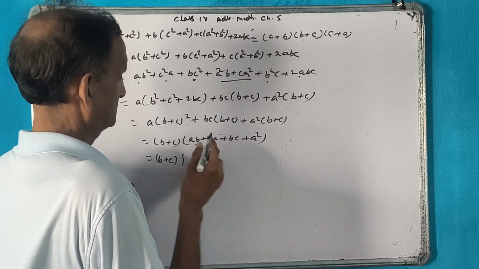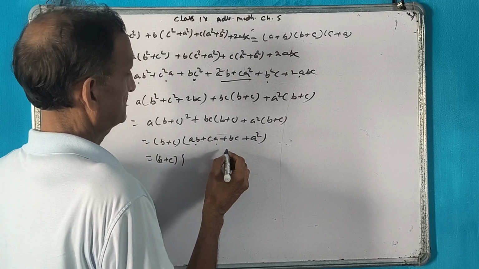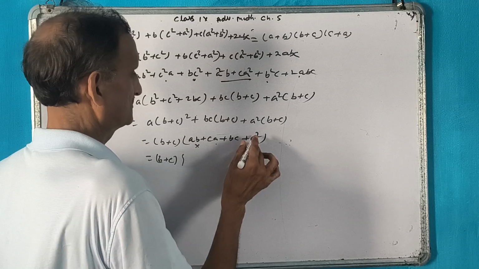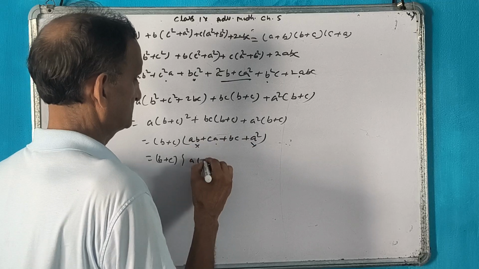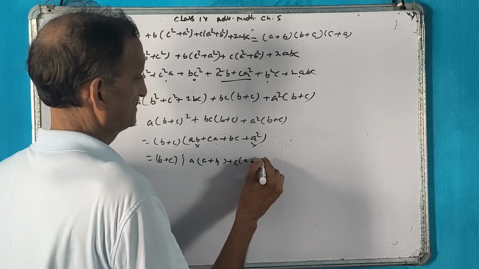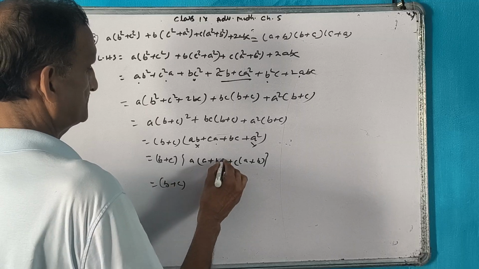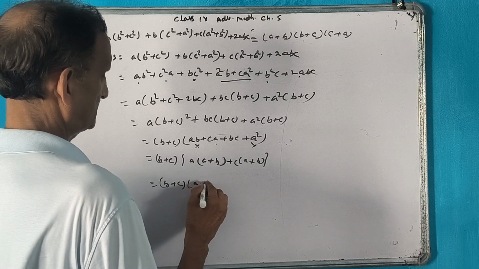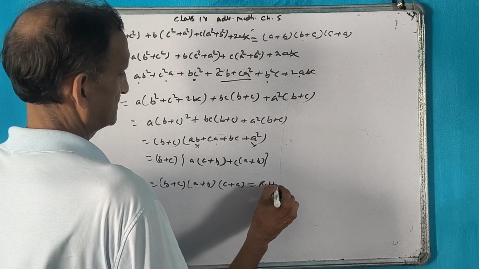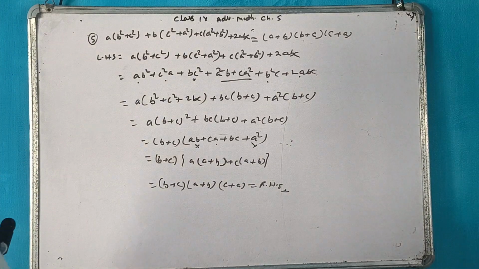Can you take A common from here? We get B plus C, so already this is not needed. So better you take common from here, here and here. What is common? A is there. From here you take A common, what will you get? A plus B. From here C is common, so what you will get? A plus B plus C is common. So B plus C, then A plus B is here common again. A plus B, you will get A plus C. You should write C plus A, and this was only the right hand side. Okay, so this is the formula number 5.